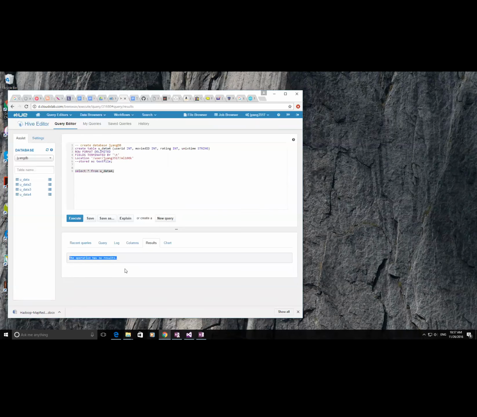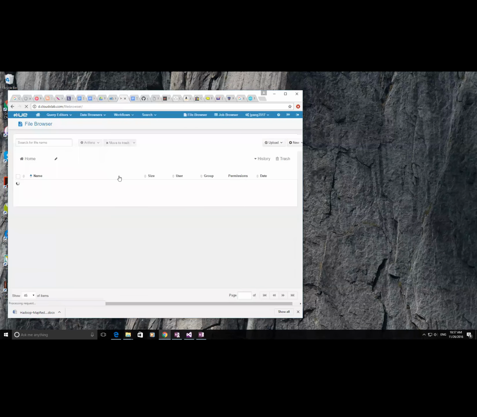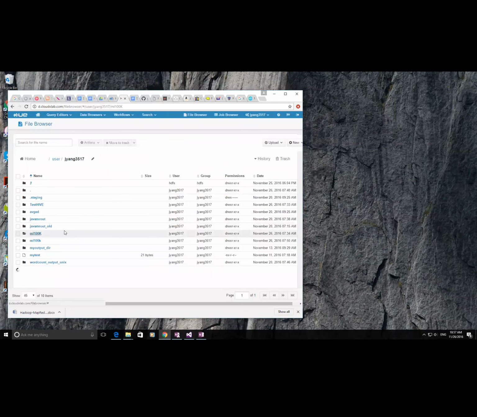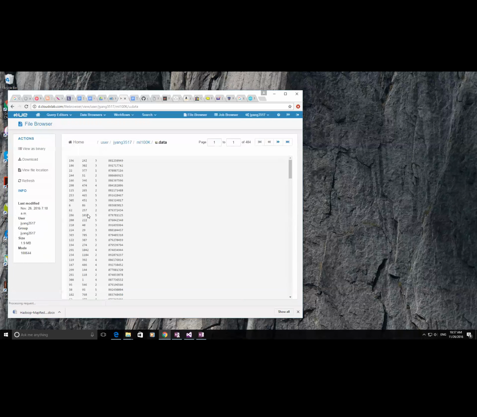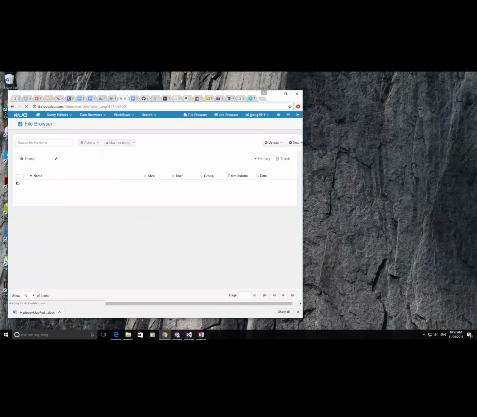All right. Now let's go to the file browser. Click on home directory. I think it is the capitalization. I think K is capital there. That is the problem.